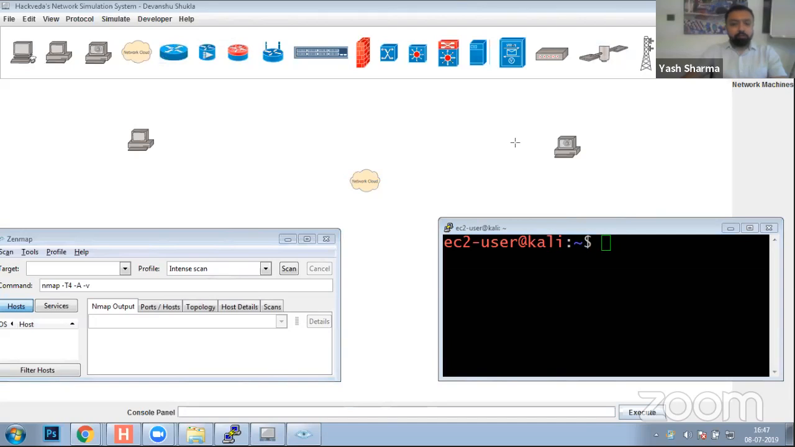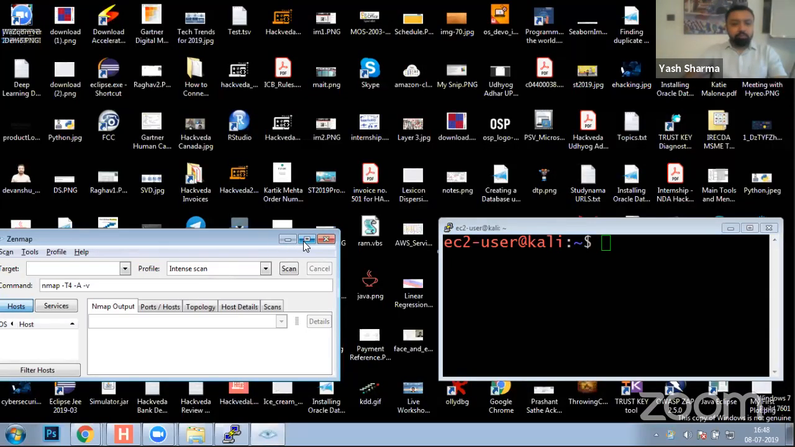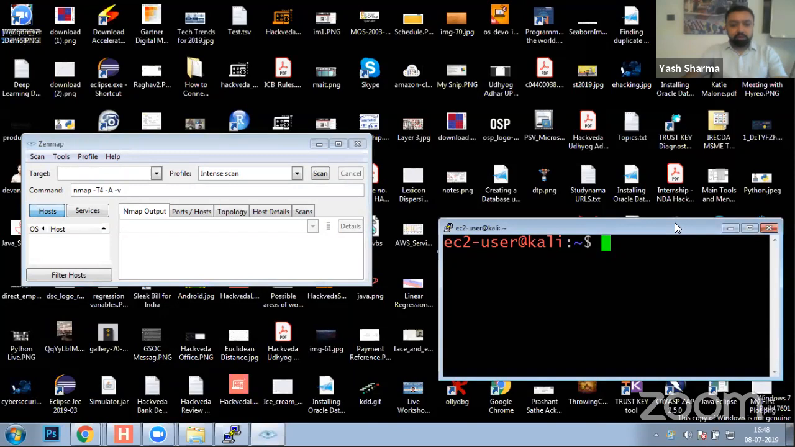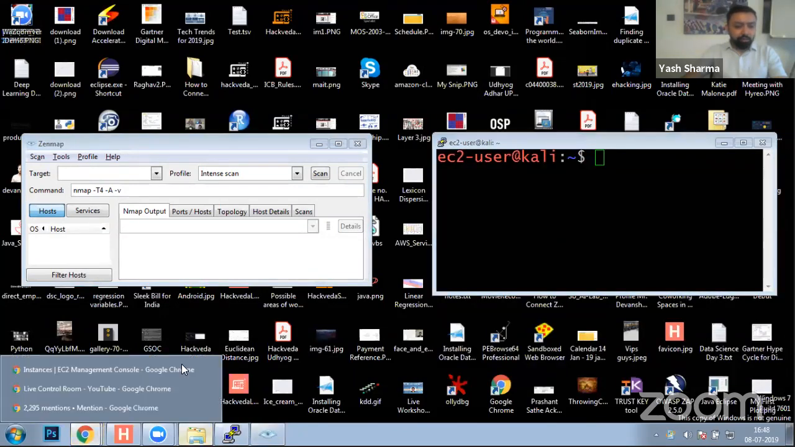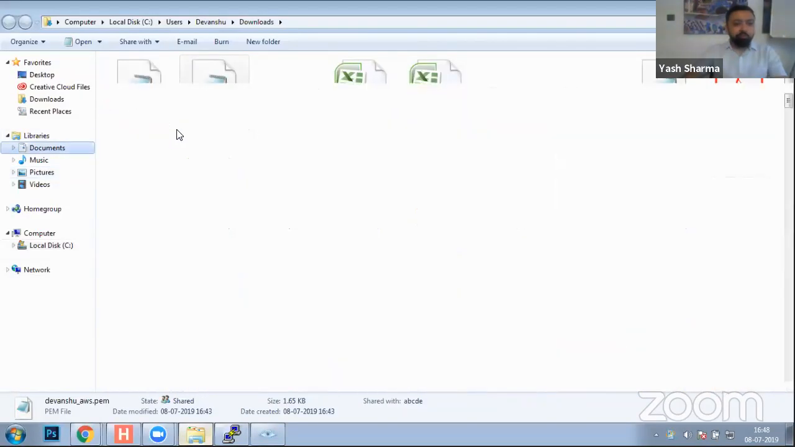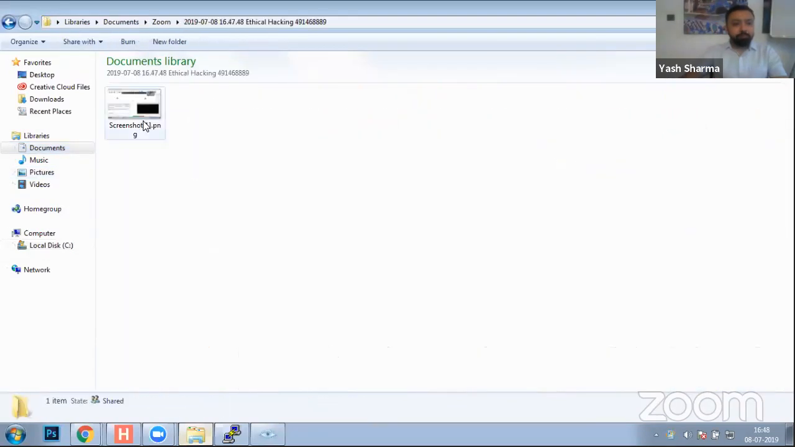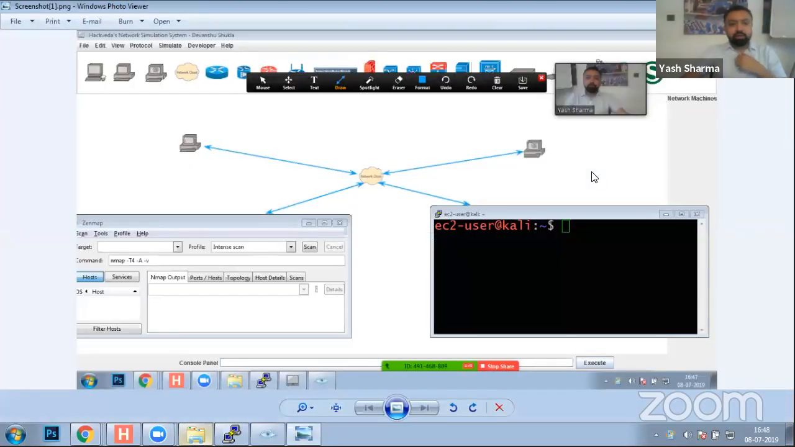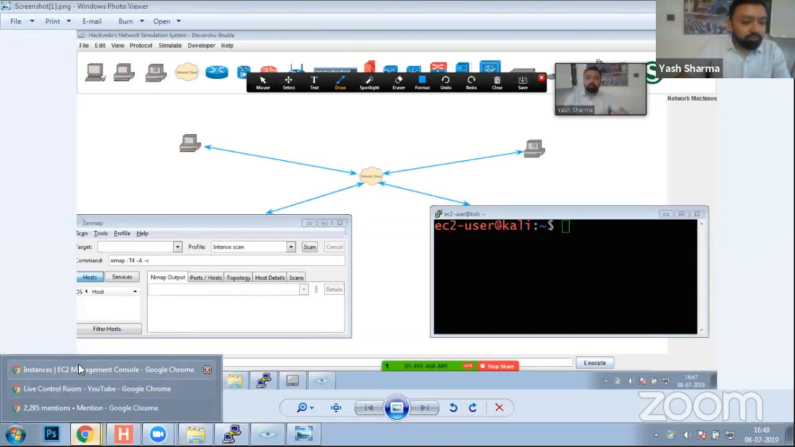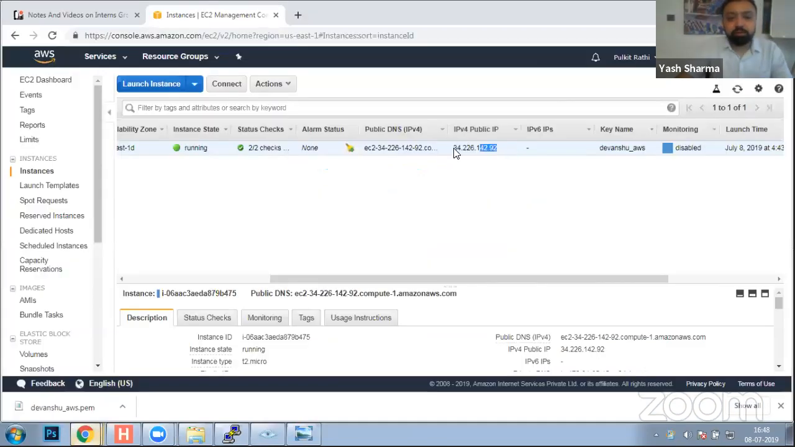Now, is that clear? So now here, let me just open that image for you. So here is the image which we will be using. Now, first, let us understand the server side. When it comes to the server side, this is the IP address of the server,